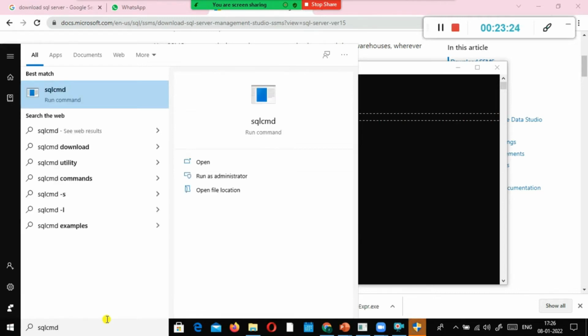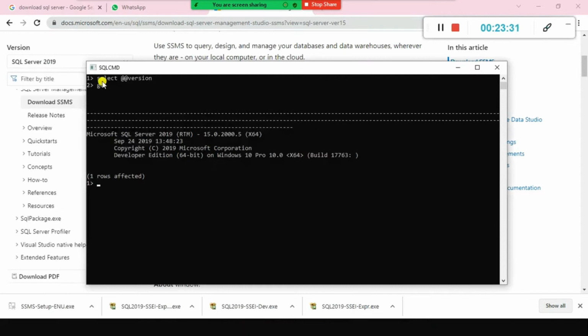You need to type it together, don't leave space, SQLCMD, and when you click on open, it will open something like this. Type select @@version, press enter, and in the next line type GO.